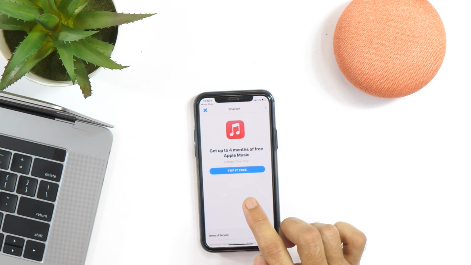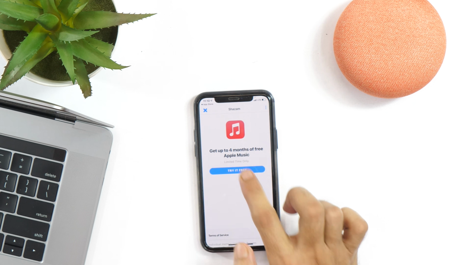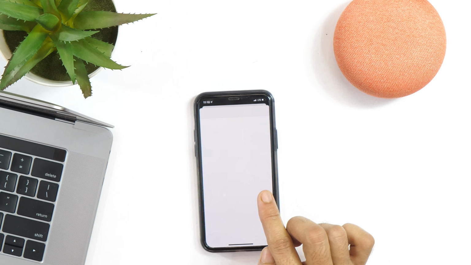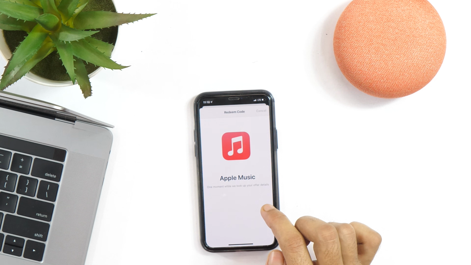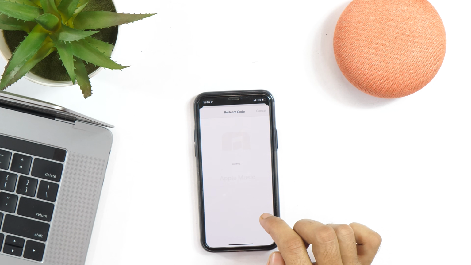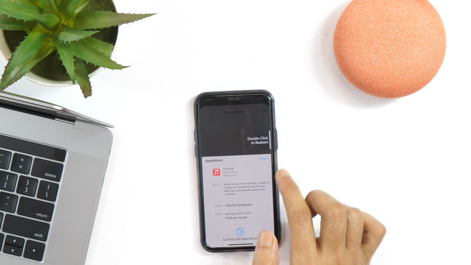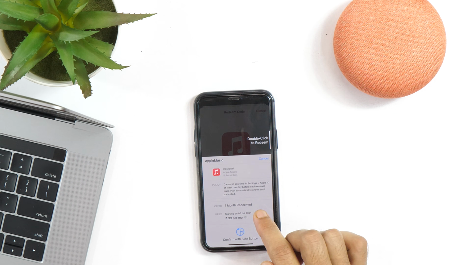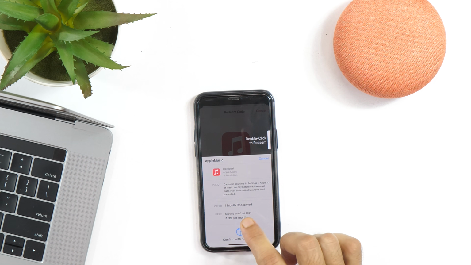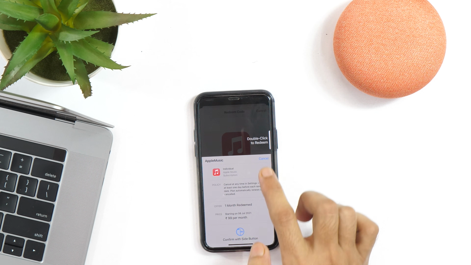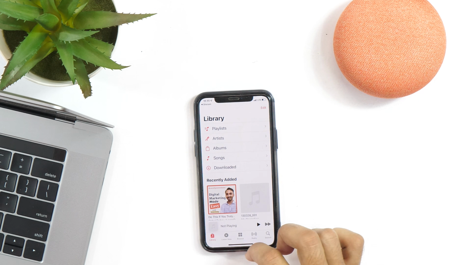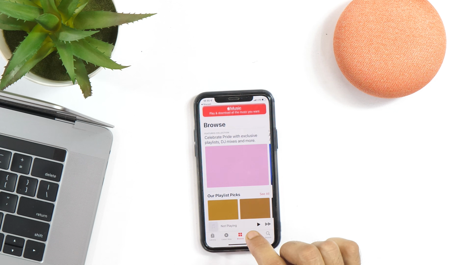It still says 4 months of free trial, but I'm sure this will not provide me 4 months of free trial. Let's try it. It will take me to Apple Music app, and here wait for some time. One moment. Okay, so we are on the subscription screen and we can double click to redeem the offer, but the problem is it is only providing me a free trial of 1 month and it will start charging me starting next month. So I'll cancel that and cancel again, and then I'll go to browse section in the Apple Music.